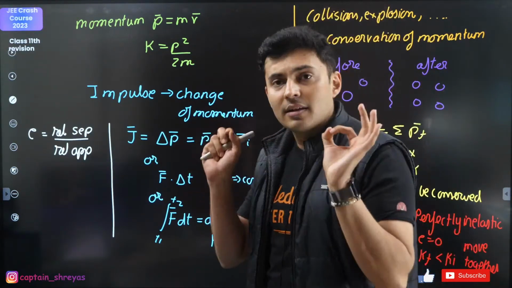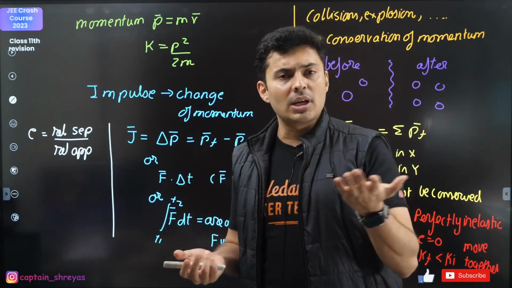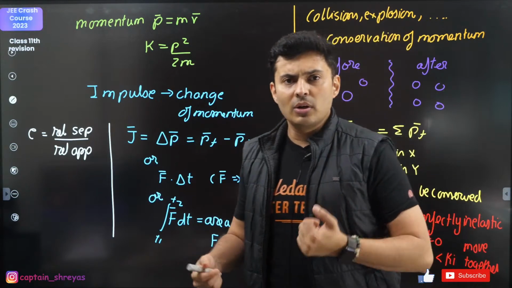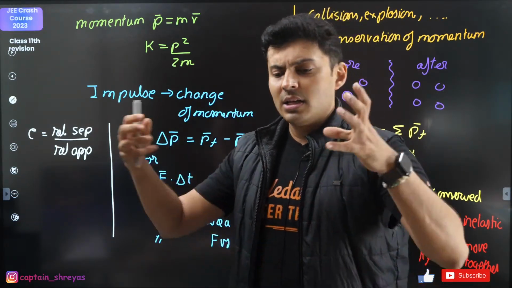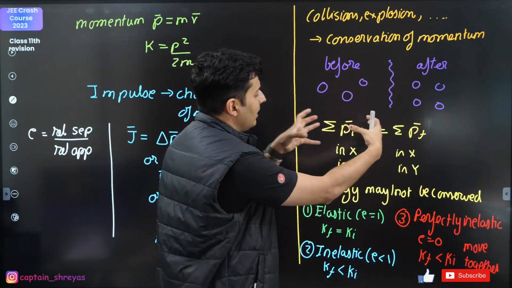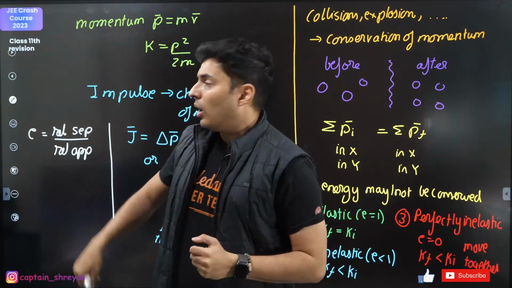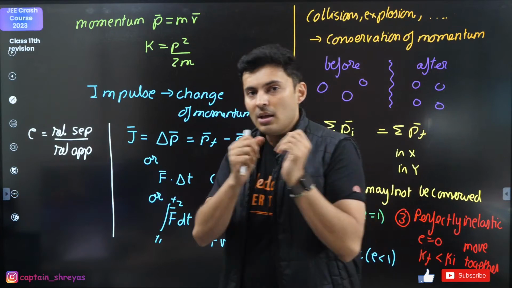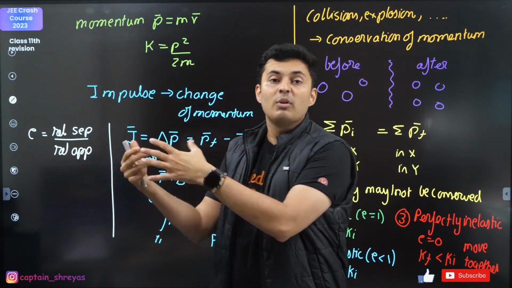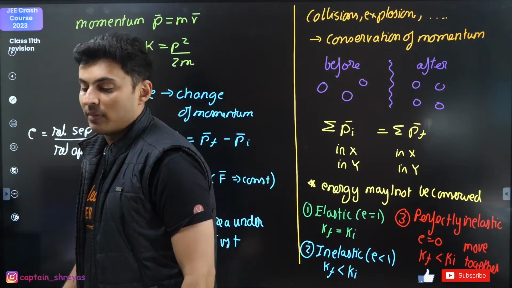Instead, remember the relative concept. Everybody knows how to find relative speed, from chapter number 2 or 3 of your 11th standard. So see, before the collision, what is the relative speed? After, what is the relative speed? Just find it out and divide. The separation afterwards will always come on top in the numerator. Whatever happened before the collision, while approaching, will come downstairs in the denominator.